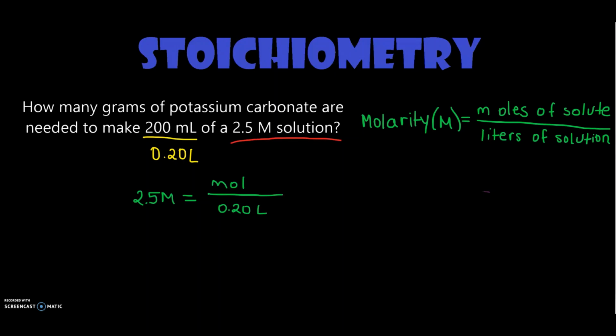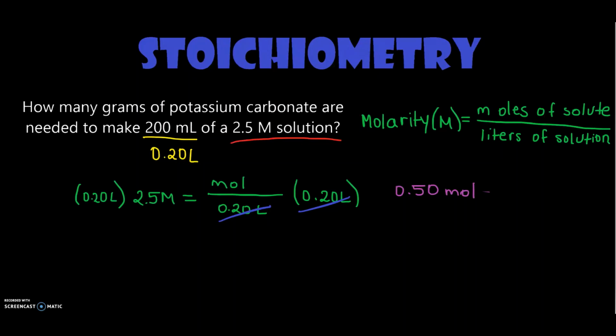In order to only be left with the moles, you have to multiply 0.20 liters on both sides, so that it cancels on the right, and you multiply it on the left. And since molarity is moles over liters, the liters will cross out and you'll be left with the moles only. And it will be leaving you with an answer of 0.50 moles of solute,